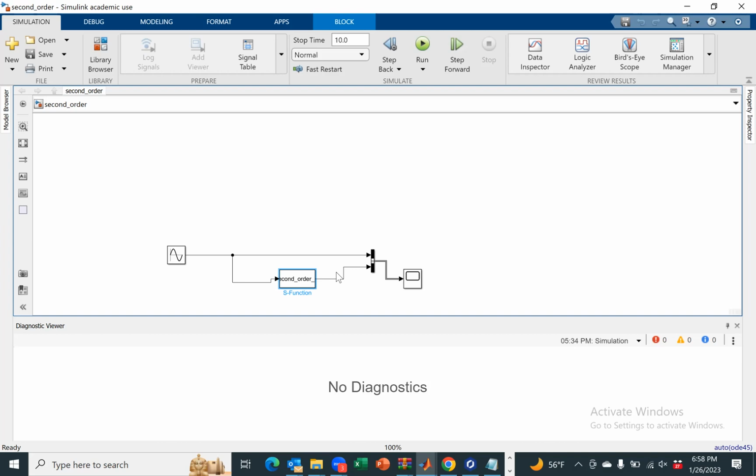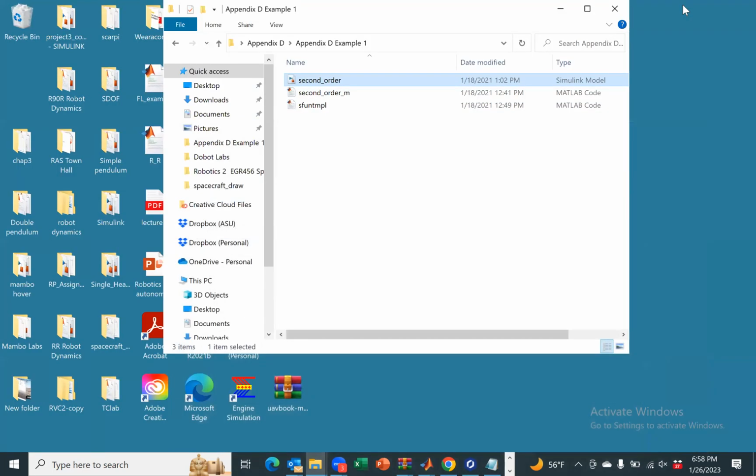So what we are going to do is the S function that is shown over here, second order, would comprise the code that actually defines this equation. So here is how you should do it. And I want everyone to pay attention. First and foremost,